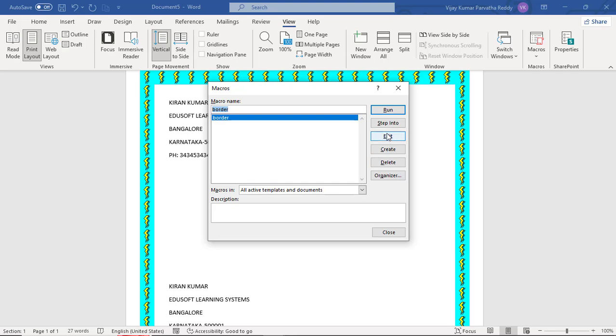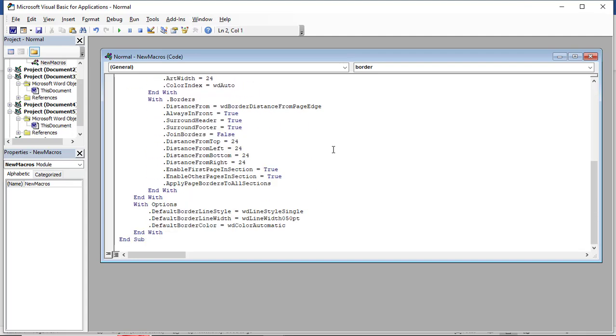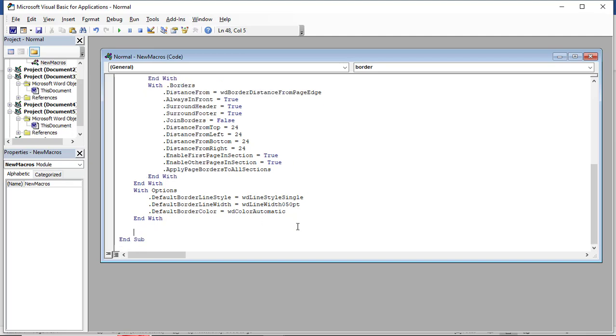And if you know programming, you can edit and write code. For example, for the border I am writing some code. You only need to write it if you know how. Suppose I am giving a message box, MsgBox,